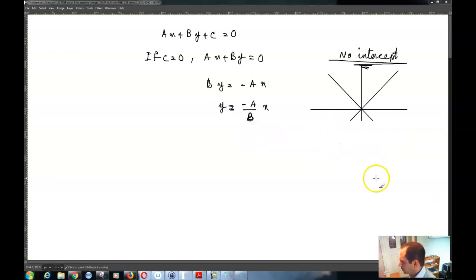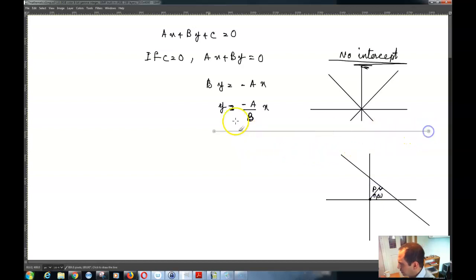For example, let's say that we had this line over here, and if I have the normal, or the perpendicular, from the origin to the line, and this angle is omega and this length is p,